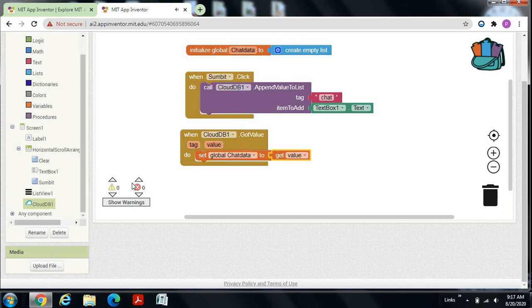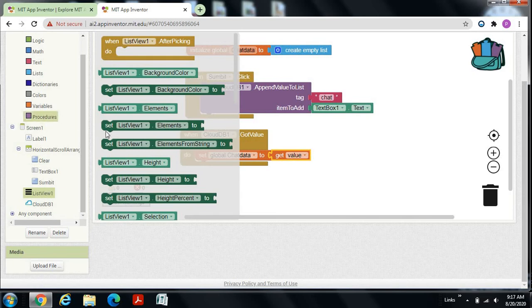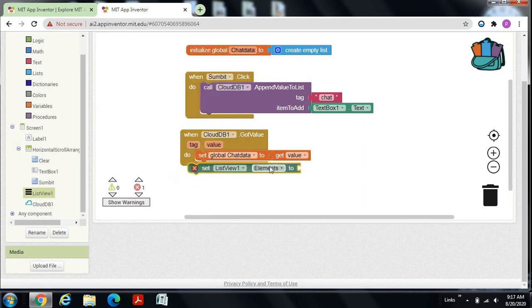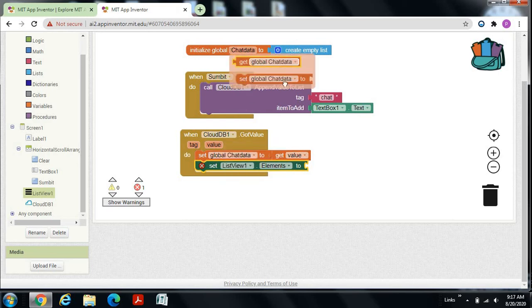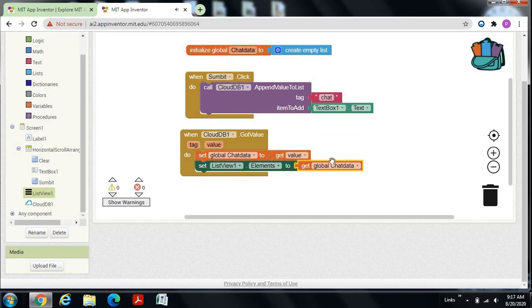You're done with this much. Now go to set list view elements. Drag and drop this one over here, and make it get global chat data. Okay, you're done with this much.